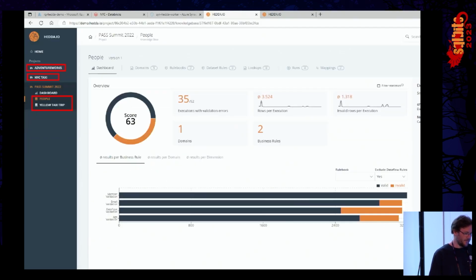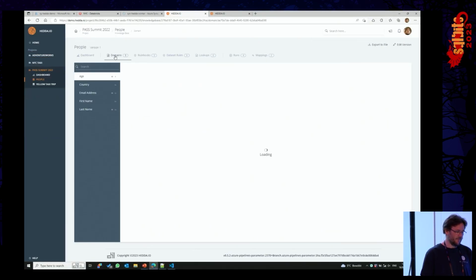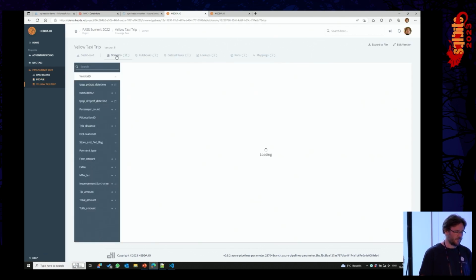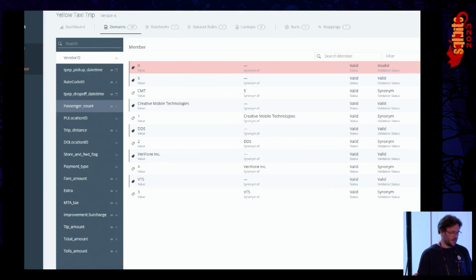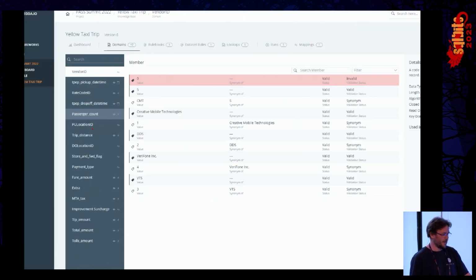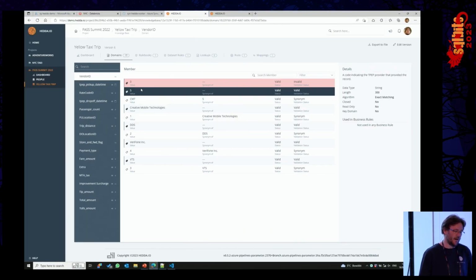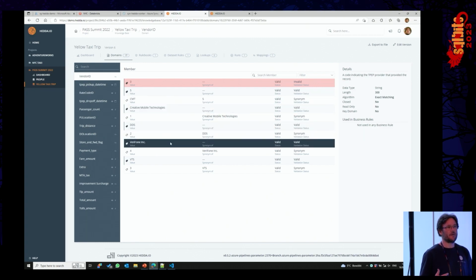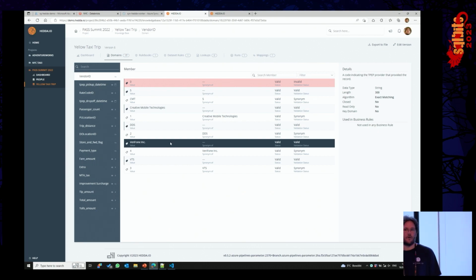And each knowledge base has different domains. I will switch here to maybe the yellow taxi trip. As you can see here on the left side now, we have different domains. And a domain is like a column in a table. For each domain, you are able to define members. And a member is a value which is correct, or what you define is incorrect, or it is a synonym